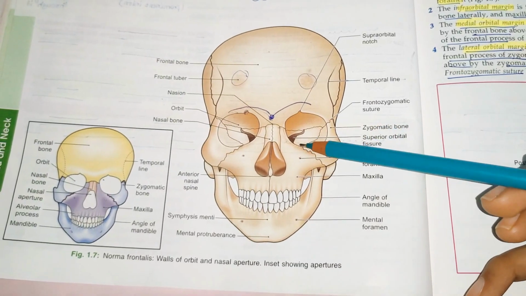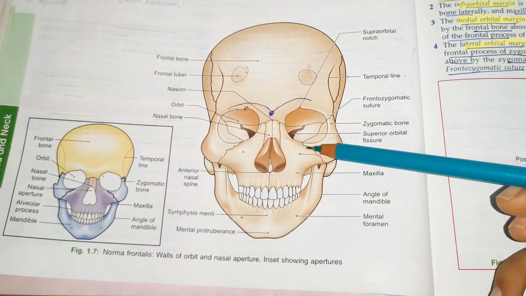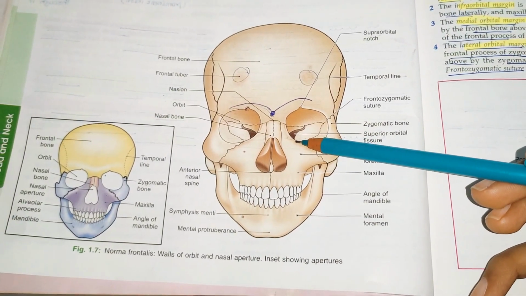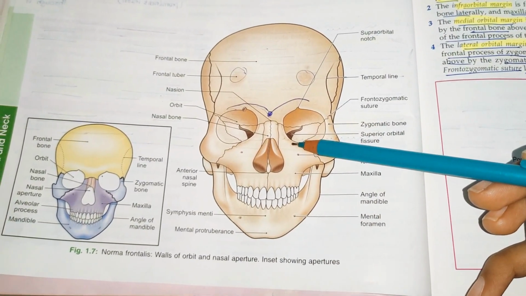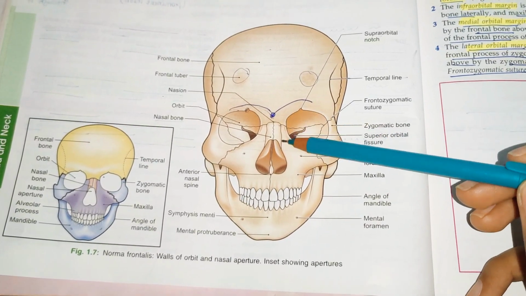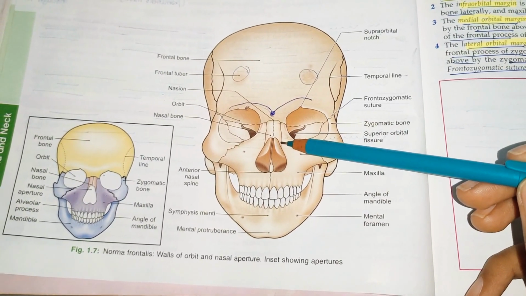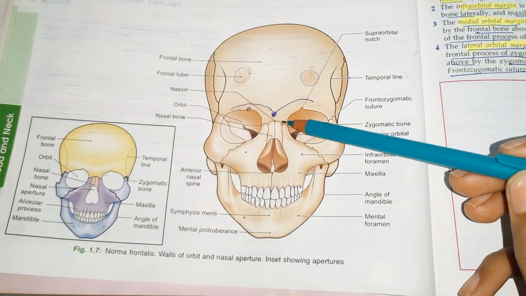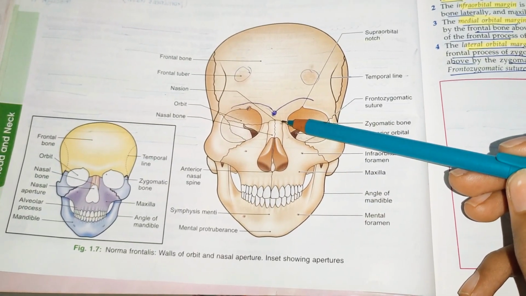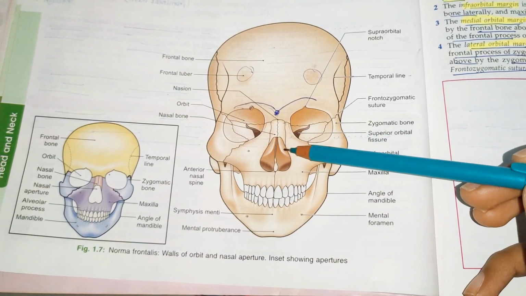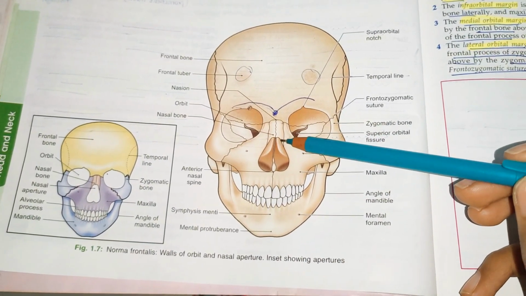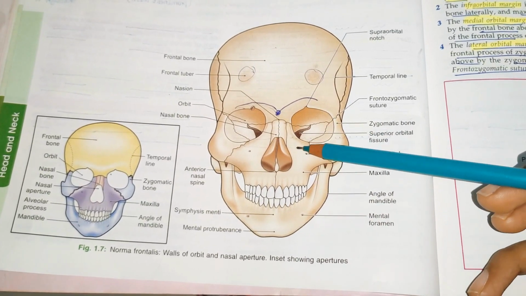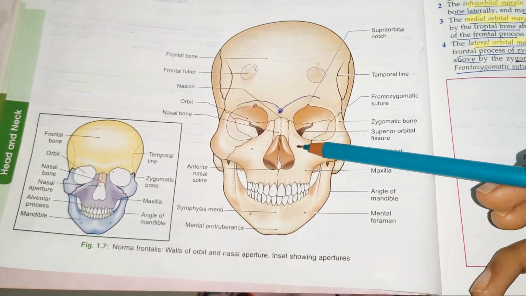Now coming to the infraorbital margin, it is formed by the zygomatic bone on the lateral side and maxilla on the medial side, okay. And next coming to the medial orbital margin. The medial orbital margin is ill-defined and it is formed by the frontal bone from above, and it is also formed by the lacrimal crest of the frontal process of maxilla. Actually here you will have the lacrimal crest which is formed by the frontal portion of maxilla itself.